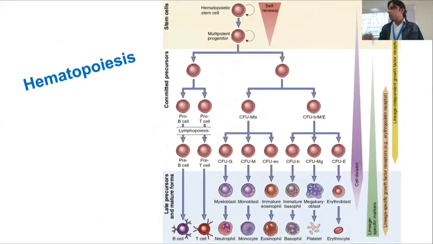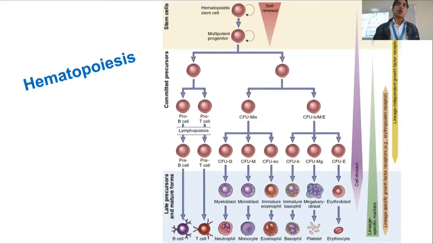Before, I explained what stem cells are and what is meant by hematopoietic stem cells. They are not able to produce everything, I told you, but they are able to produce a certain category of cells. They're called multipotent stem cells. Hematopoietic stem cells are multipotent stem cells. Similar sorts of stem cells are present in different parts of our body, and those stem cells are called adult stem cells.